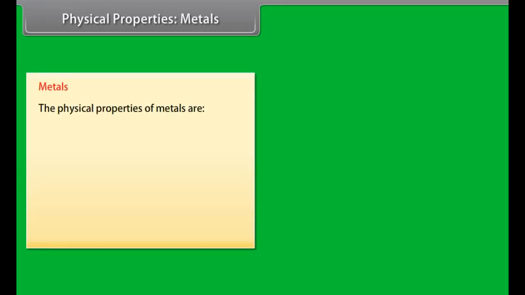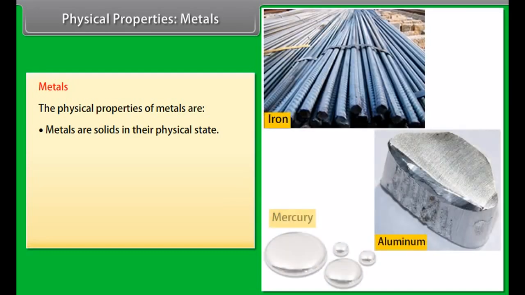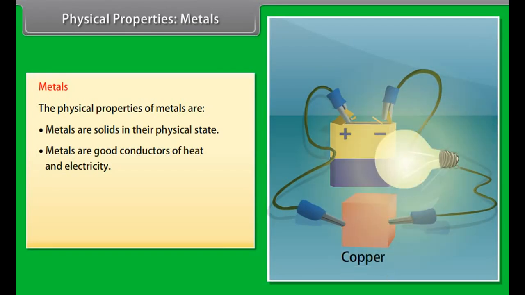The physical properties of metals are: physical state. Metals are solid at room temperature. For example, iron, aluminium. Only mercury is a liquid metal. Good conductors of heat and electricity. Metals are good conductors of electricity as they have free electrons. For example, silver and copper are the best conductors of heat and electricity, whereas lead is the poorest conductor of